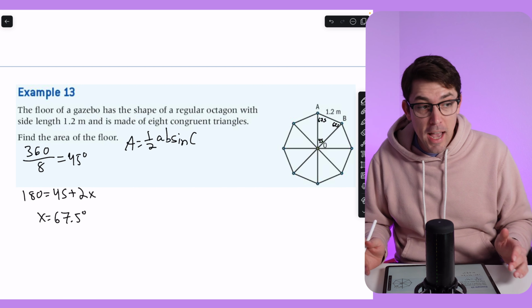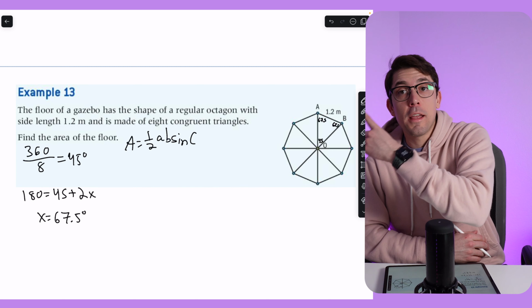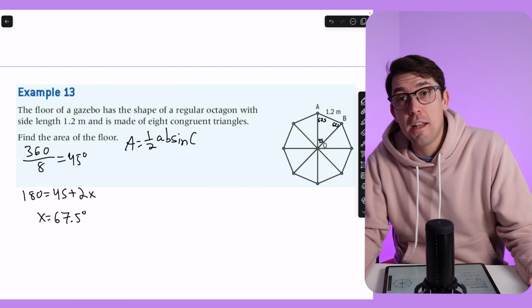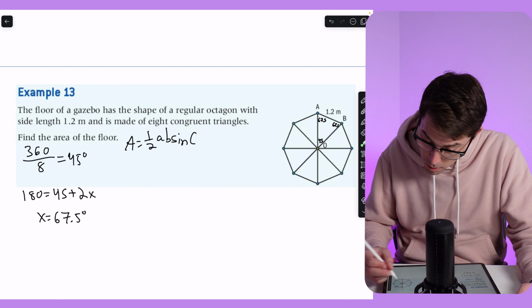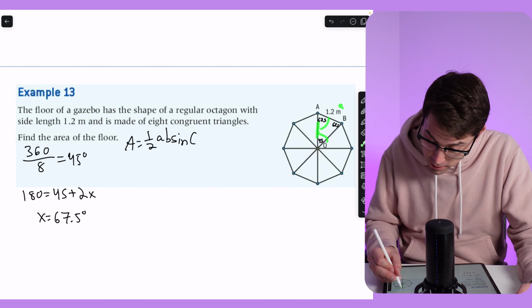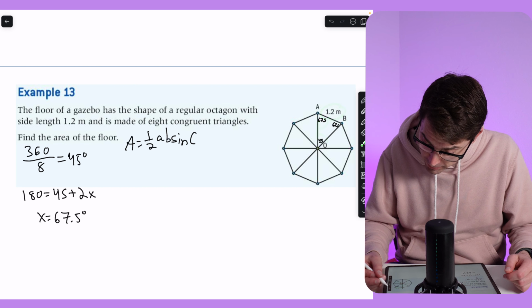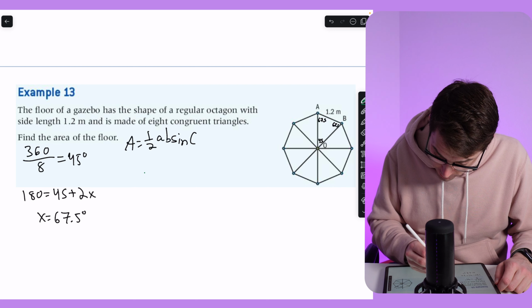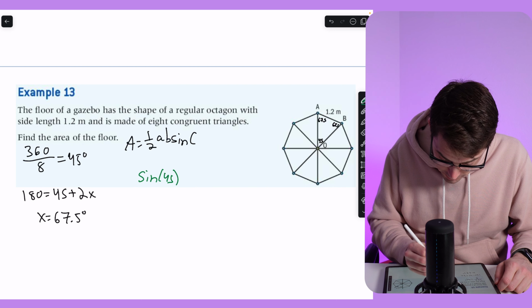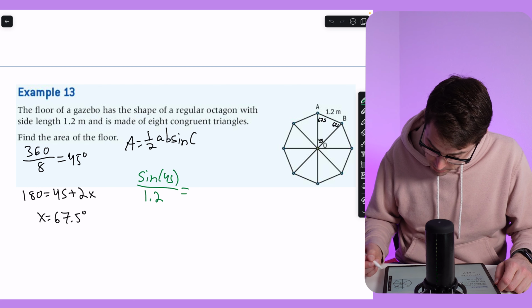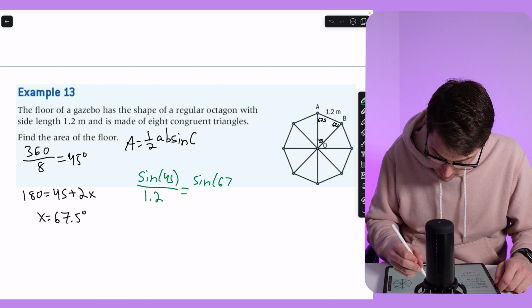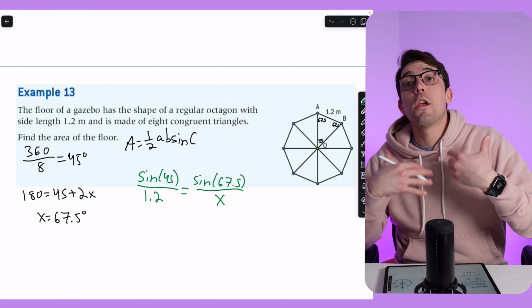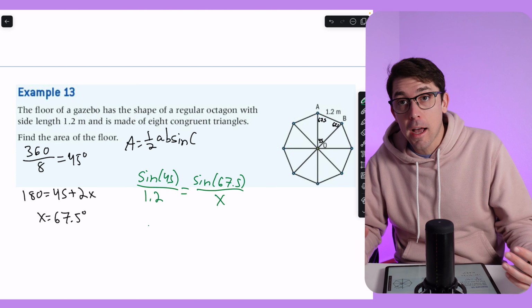But that's not really a problem, because I can actually use a property from a previous video, linked over here or in the description down below, that can do that. It's just the sine rule, because I want to know what my missing side is. I have 2 angles and then the corresponding side for one of those angles, so I can use this quite easily. I'm going to change colors real quick, and I'll say that the sine of 45 degrees all over 1.2 can be equal to the sine of 67.5 all over, let's call that missing side x. I'm going to rearrange to solve for x,